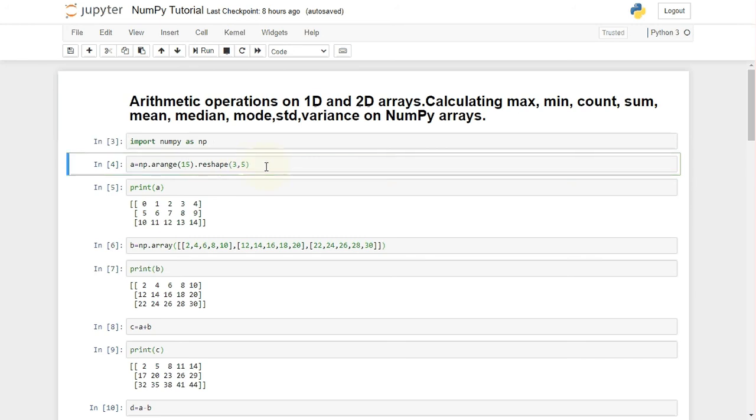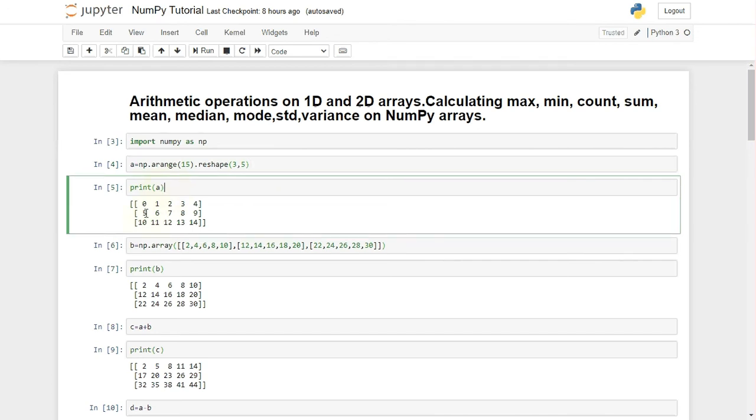Now how can we say that this is a 2D array? On printing the array, we are getting the number of rows and number of columns. Here we can say that this is a two-dimensional array.